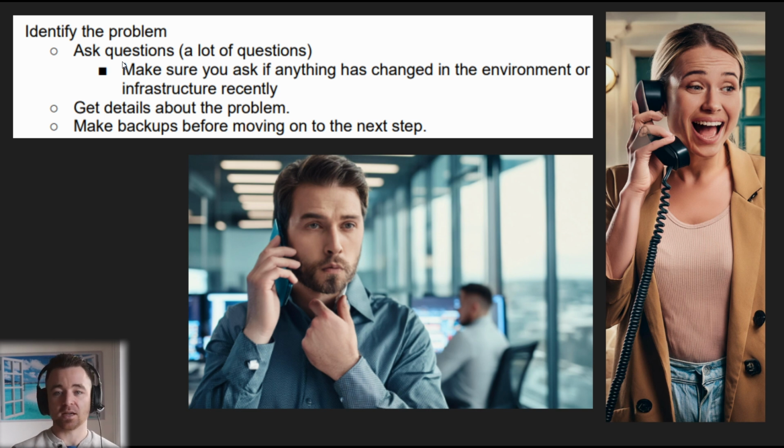Other than the other kinds of questions, on top of that, you want to make sure you're getting details and you do make backups before moving on to any kind of further troubleshooting steps. But importantly for this exam objective, it's mostly about asking these questions, getting the information, but also how you're actually interacting with this person. So they might be frustrated with you. They might be yelling at you down the phone. It is, of course, important that